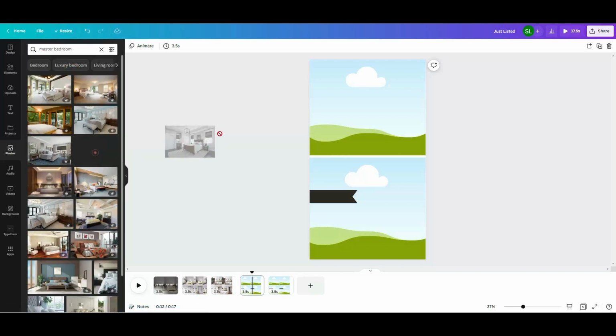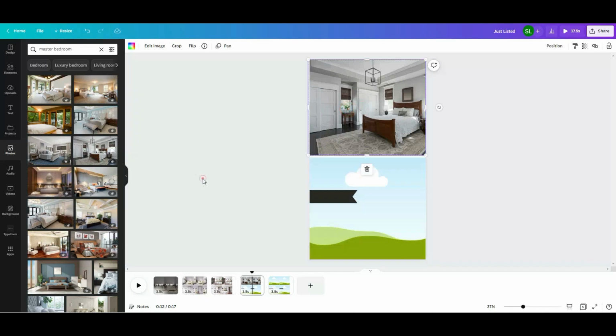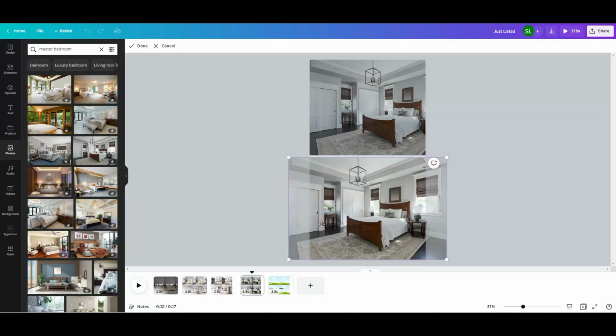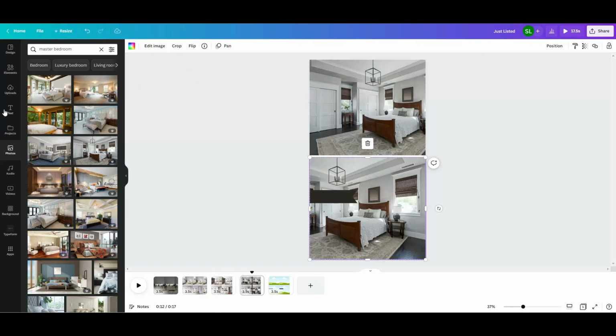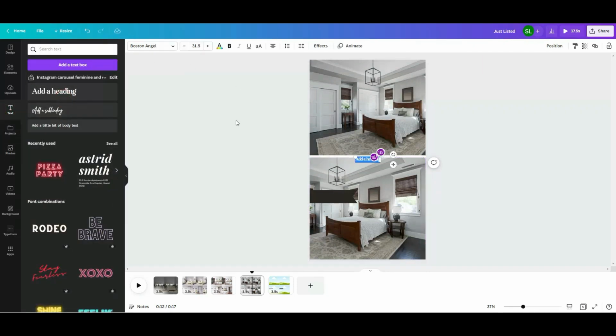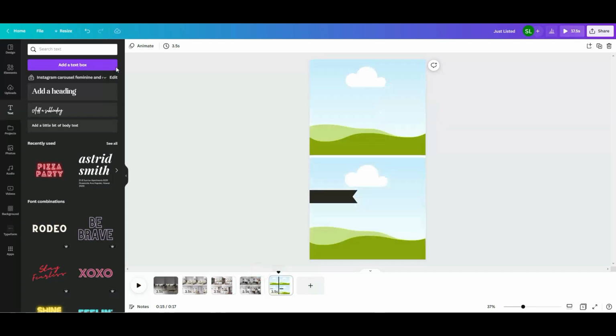Master bedroom. I'm going to choose this one. Wonderful. Text. It's going to be 50 size. Let's see how it looks. Perfect. The next one, I'm going to choose,